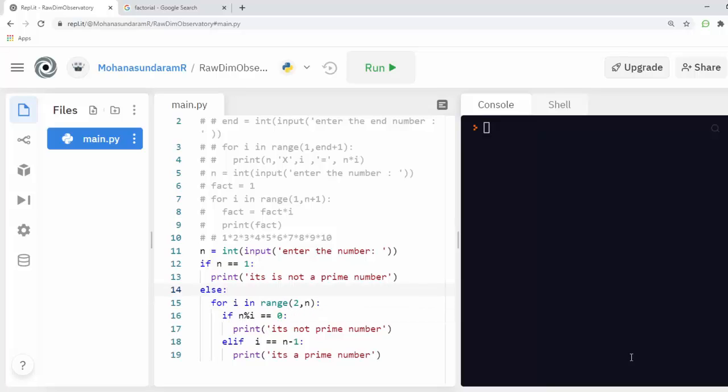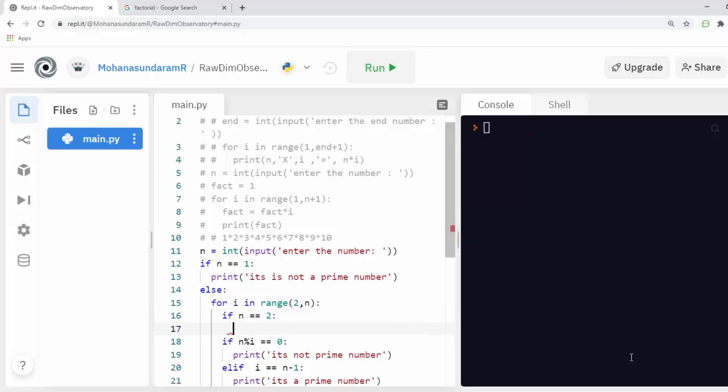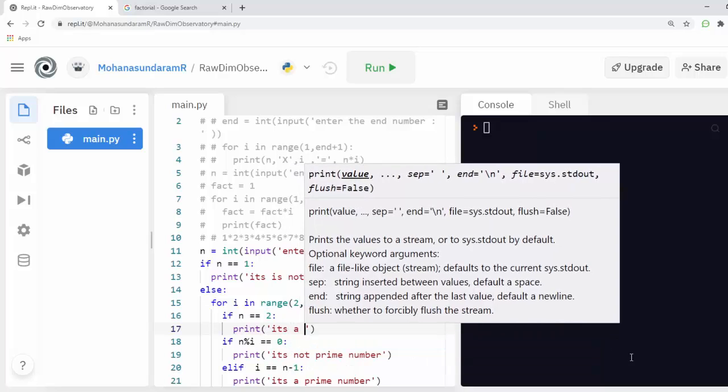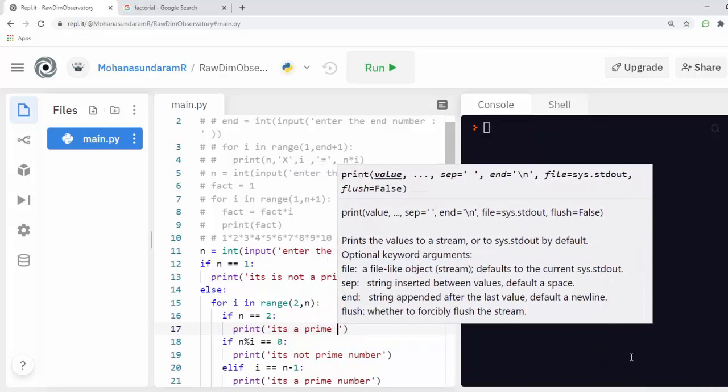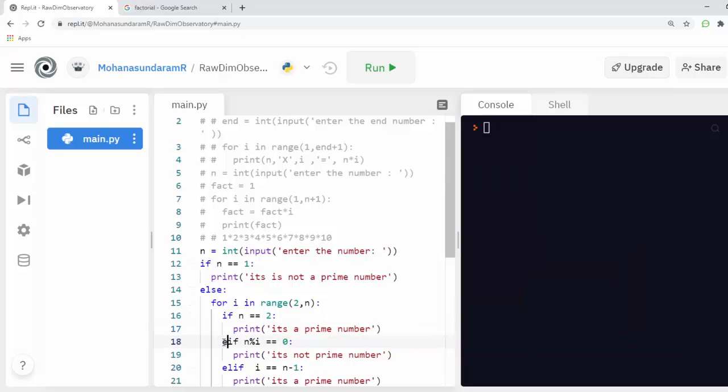Before this condition I'm making another condition here. It's going to be if n value equal to 2, then 2 is a prime number. I'm going to print it's a prime number, and only after that I'm adding this elif condition.